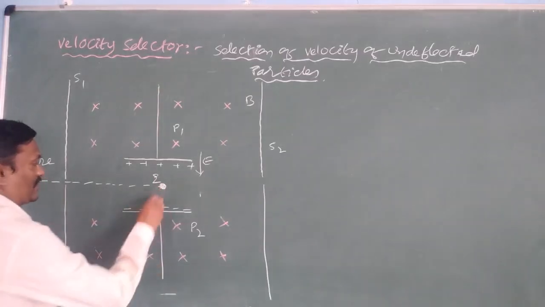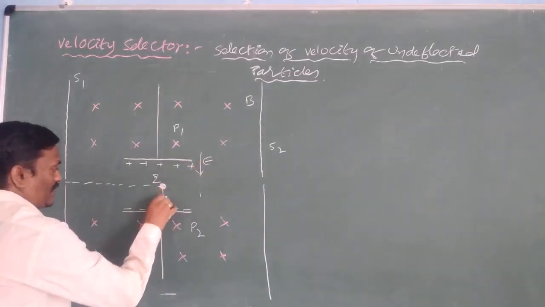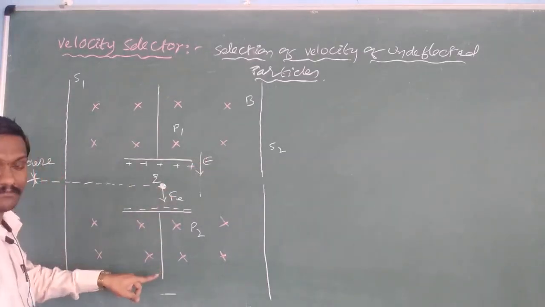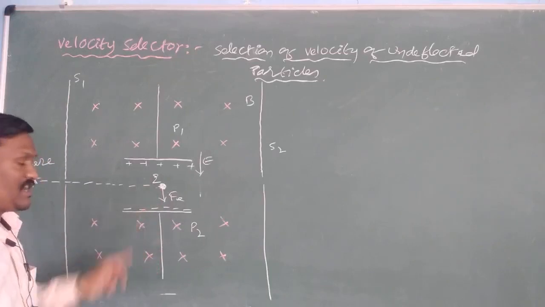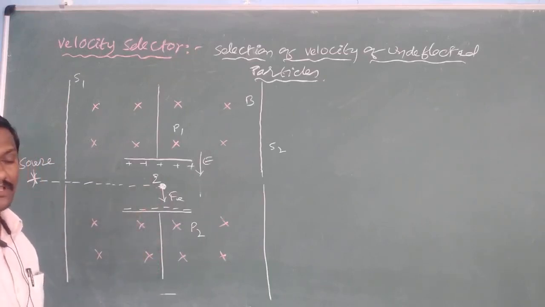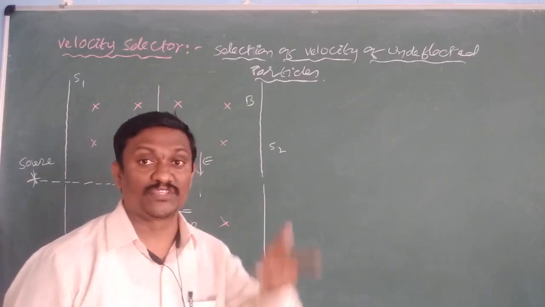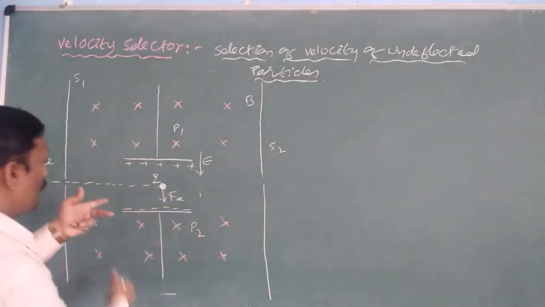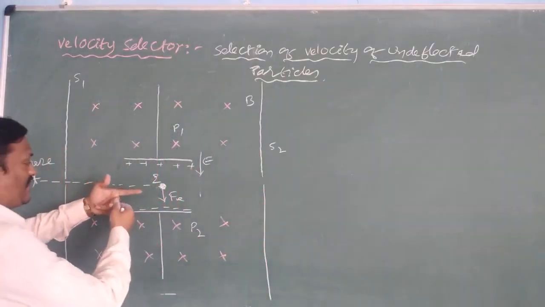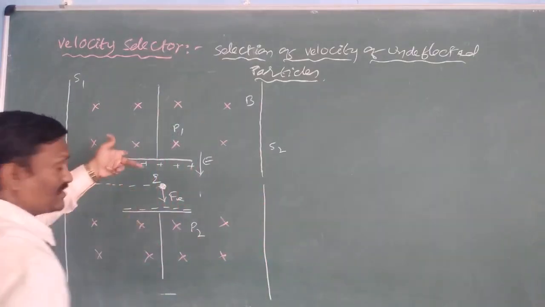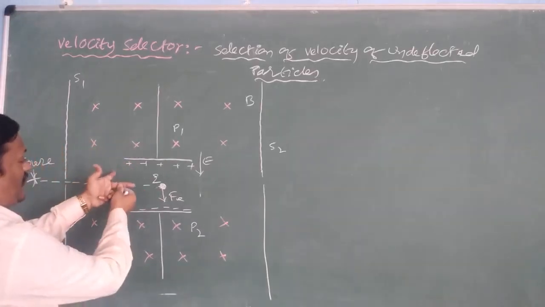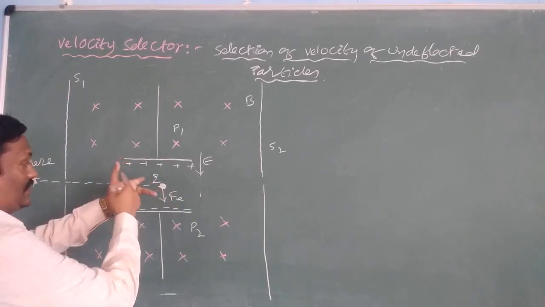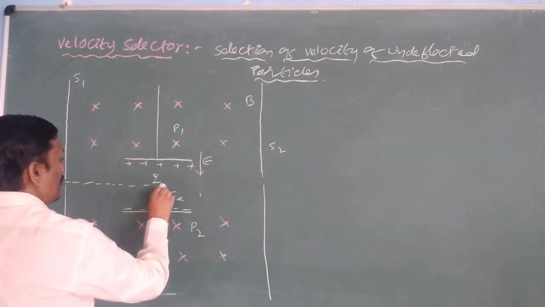We know the direction of the electrical force is downward. The force acting on a positive charge always lies in the downward direction. On the same charge, magnetic force is also acting. But how do we find the direction of the magnetic force? Using Fleming's left hand rule. According to Fleming's left hand rule, the forefinger indicates the direction of the magnetic field, into the plane. The middle finger indicates the motion of the charge. Then the thumb represents the direction of the magnetic force, which is upward on this charge.